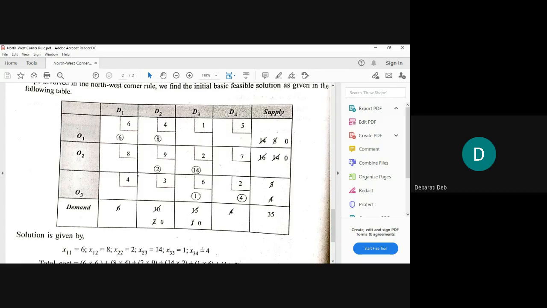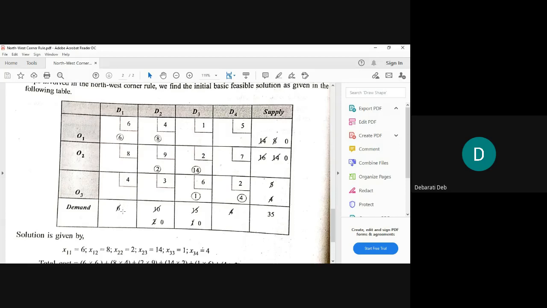Okay? Then come to the row total part. The total was 14, and out of 14 you have assigned 6, right? So you will strike off 14 and write 14 minus 6. That is how much? It will be 8. Okay? So after doing the operation in the northwest corner, what we have in our hand is 8 in the first row total, right? And the first column total has been exhausted.